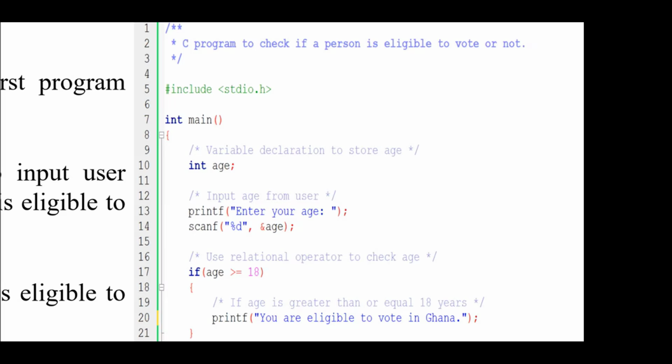As usual, we start with our preprocessor directive, #include stdio.h, int main. And since we are going to be looking at the age of an individual to determine if they qualify to vote or not,